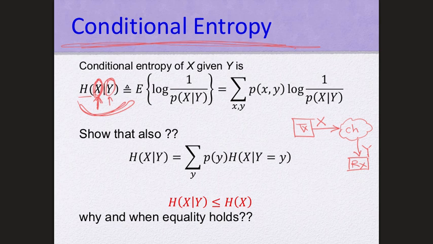If the channel does not do anything to the input, so it produces it exactly the same at the output, this means whatever the transmitter is sending, you are exactly getting it here. So for error-free communication, no errors at all, which is impossible practically, H of X given Y is equal to 0. But this is impossible practically,